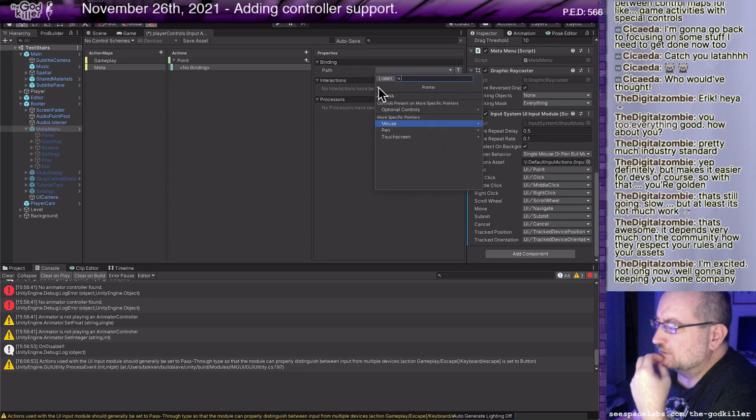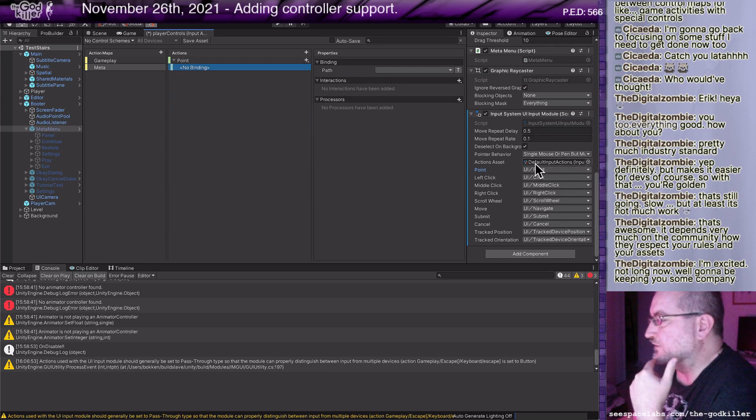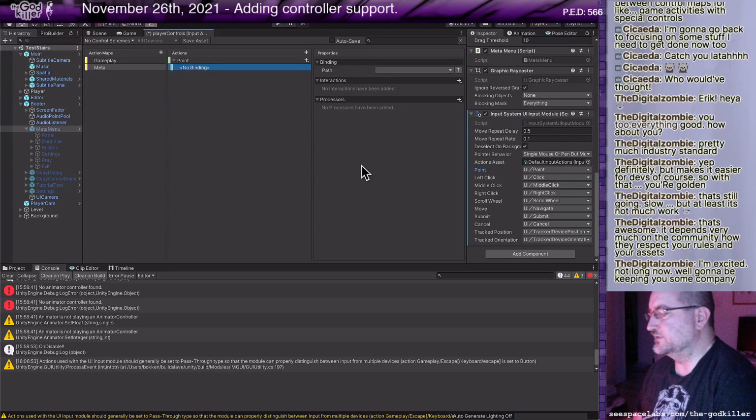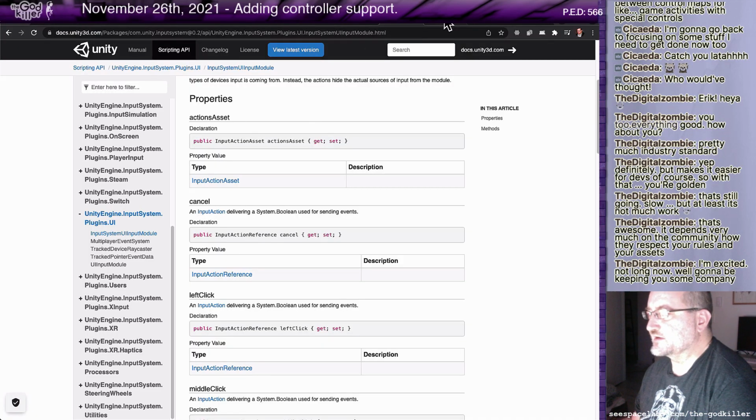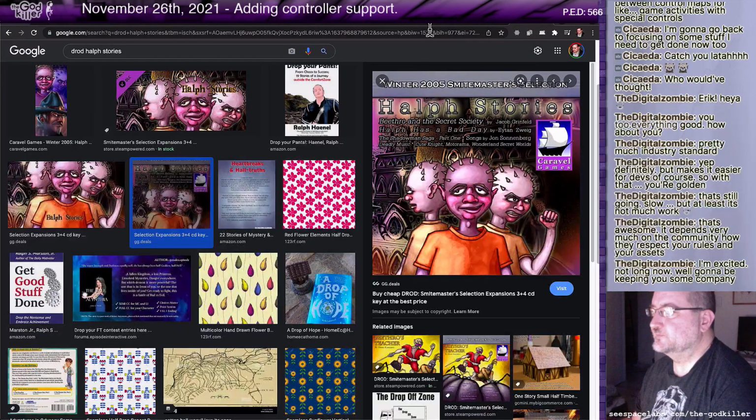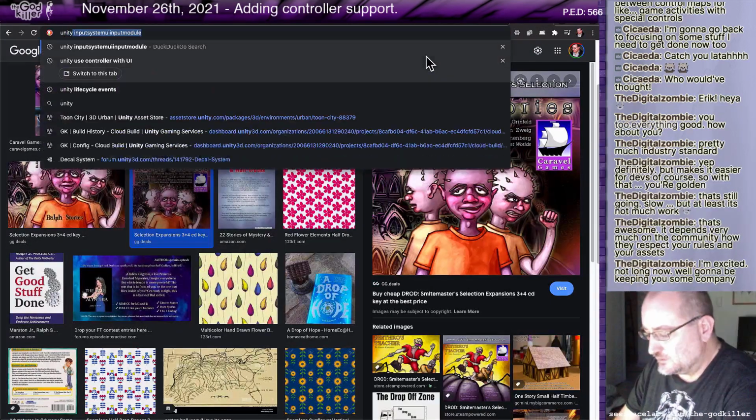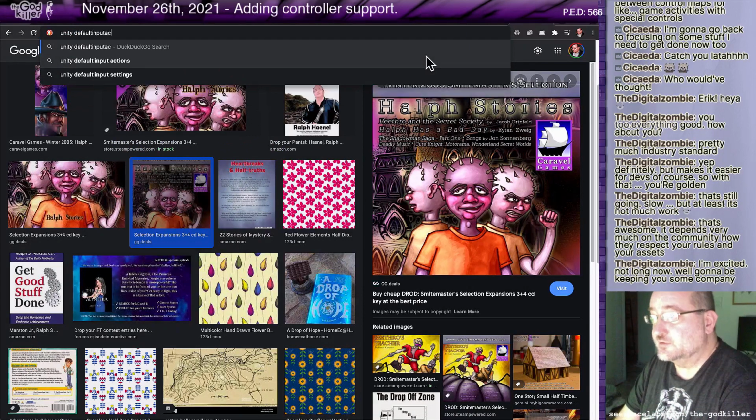Let me see if I can find the documentation on default input actions. So I just want to give it exactly what it's expecting to get. Okay, Unity default input actions.